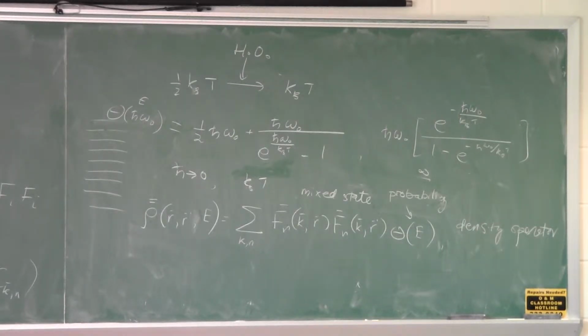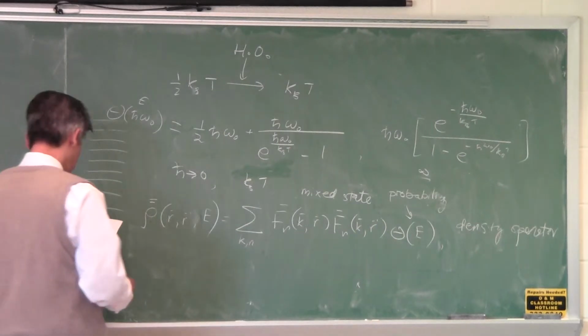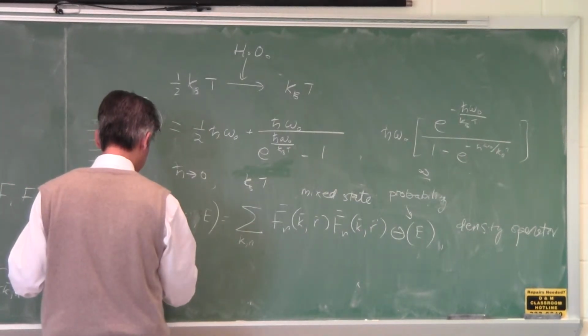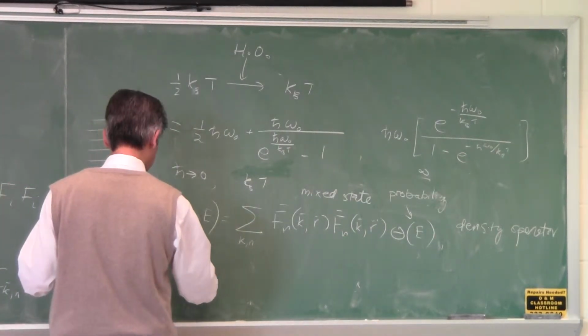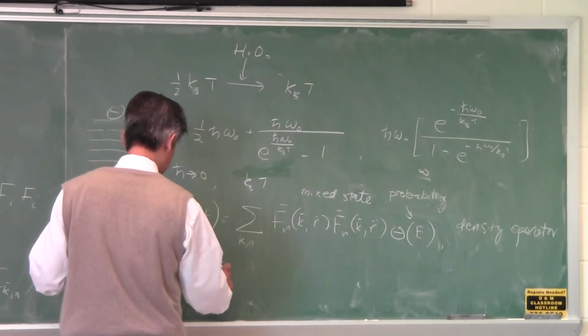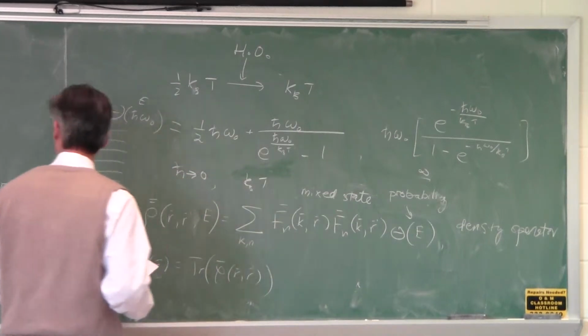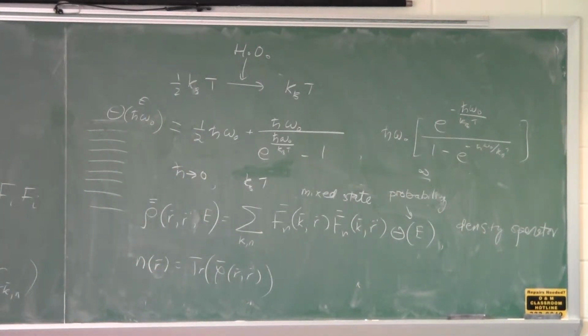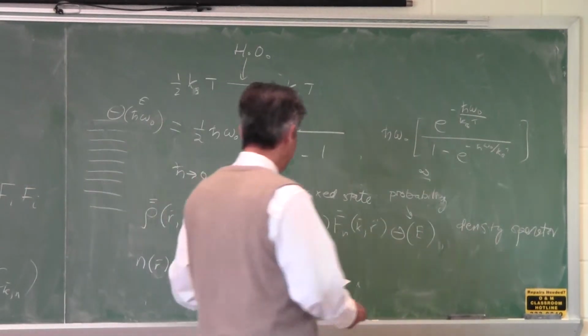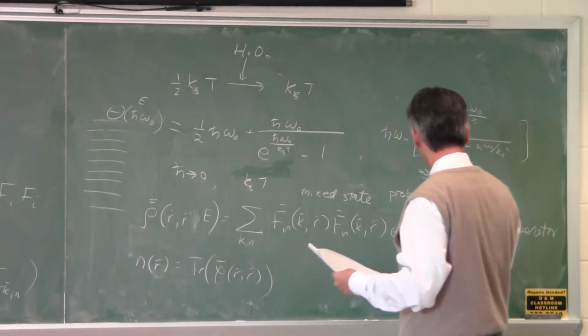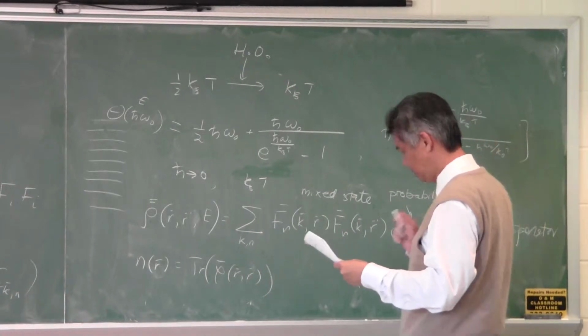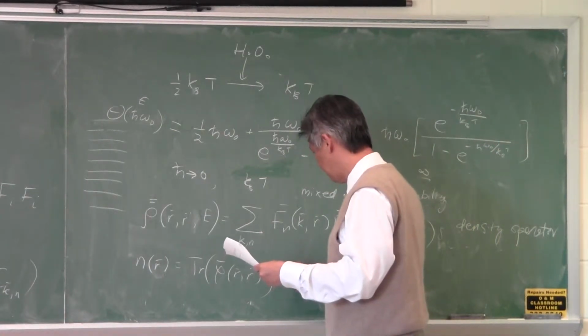So if we put in this picture, we can have this density operator. And then you can actually get the photon density by integrating this thing. If you take the trace of this, you get the local density operator. If you multiply this by theta and integrate, you will get, I might be missing a delta function here somewhere. Maybe there should be a delta function here, I'm not sure. But finally you get this